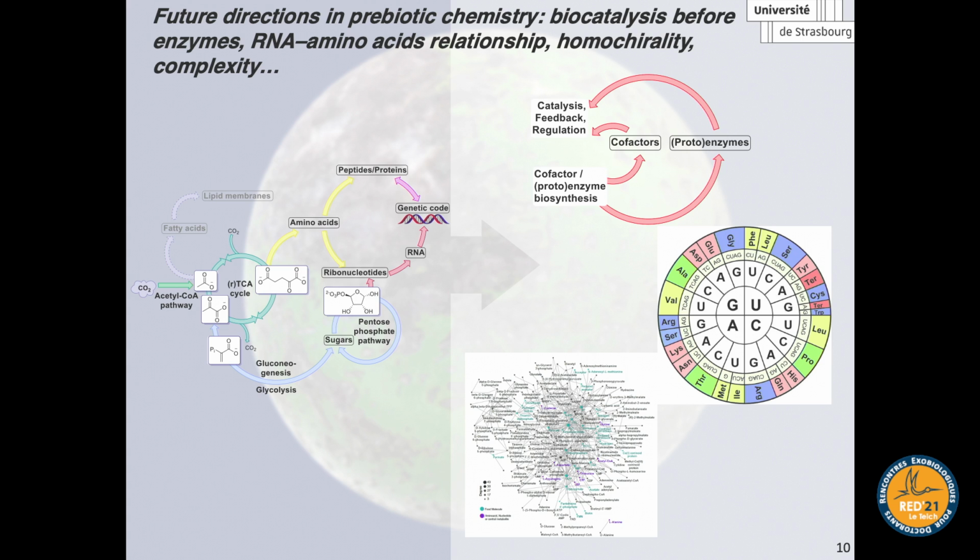And apart from the exploration of the evolution of biocatalysis through prebiotic chemistry, other important aspects, I think, will touch on the evolution of genetics, but also its relationship with amino acids. So we still don't know why it is that amino acids are coded by nucleobases, how this process came to be so closely intertwined. And also there is a question of homochirality. Why does life use only D sugars but L amino acids? How did this come about? And finally,